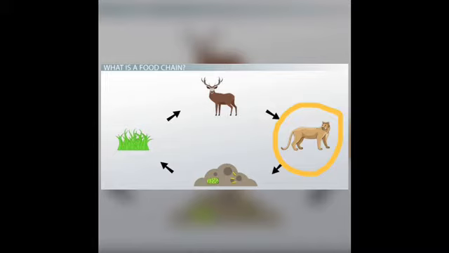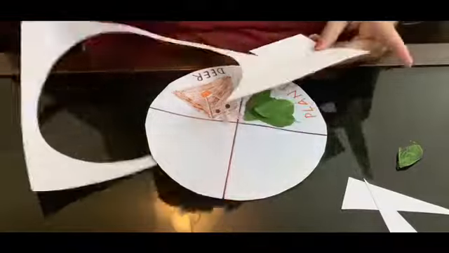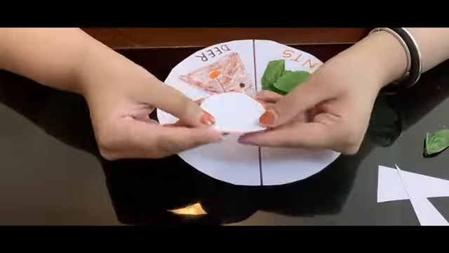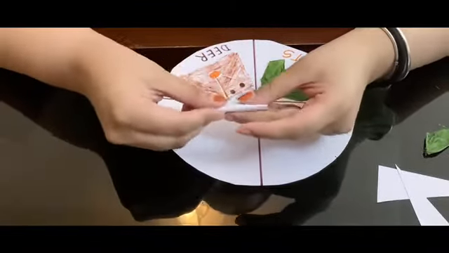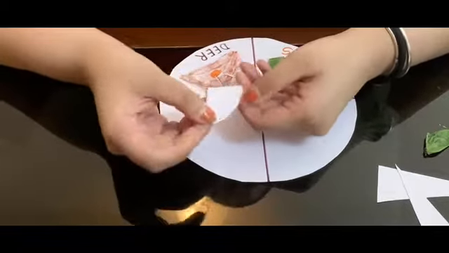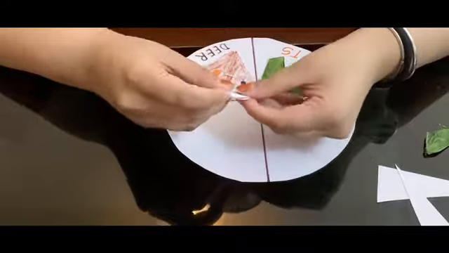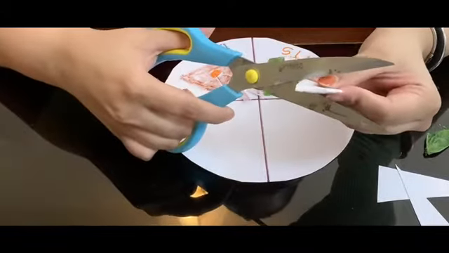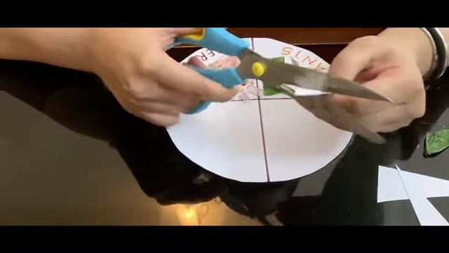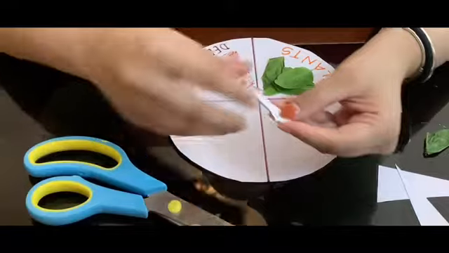In the third stage, you will see now a lion has jumped in and attacked the deer. Species that eat other animals are called carnivores. Take the leftover cutout, and this time you have to make a circle out of it. So what I'll do is, in a circle cutout, I'll fold it into half and then another half like this. So it will look something like this. First, what I'll do is I'll take a big cut from the, just like this, and now I'm left with this.